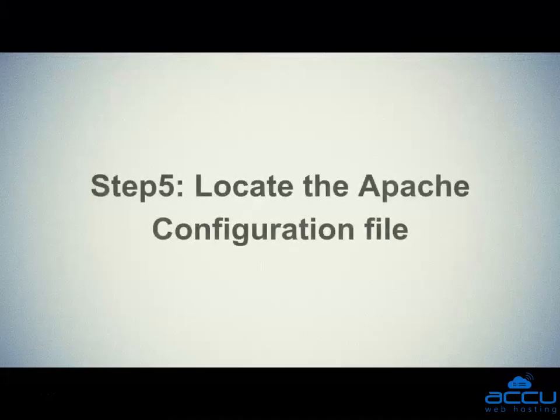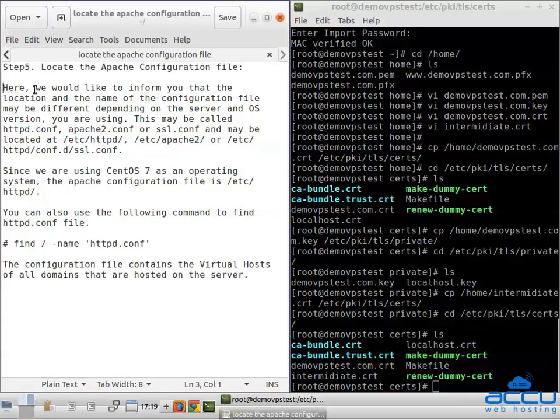Step 5. Locate the Apache configuration file. Here, we would like to inform you that the location and the name of the configuration file may be different depending on the server and OS version you are using. This may be called httpd.conf, apache2.conf or ssl.conf and may be located at